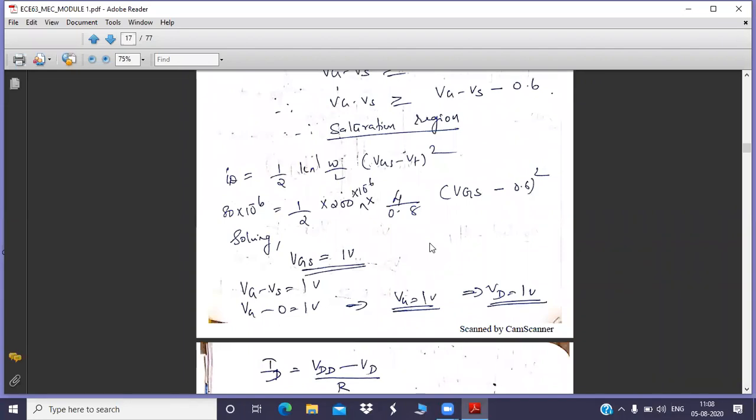Okay, so once you get VGS, now you can solve VS. No, sorry, VG. Why are you going for VG and why not VS? Because VS we already know the value of VS. VS is 0. It is given in the circuit diagram. The source is directly grounded. So from this you can solve for VG. Okay. Now VG is 1 volt. That is going to be same as VD. Why is VG equal to VD? Because gate and drain are shorted.